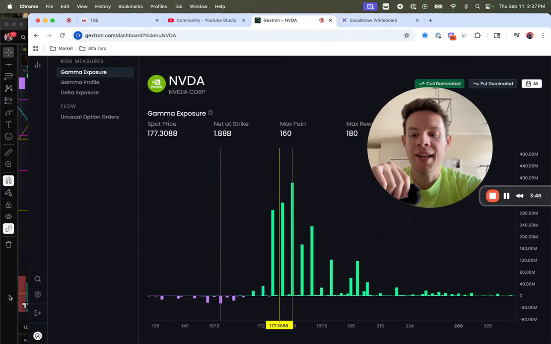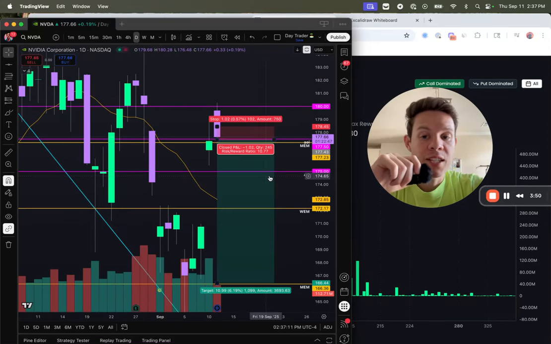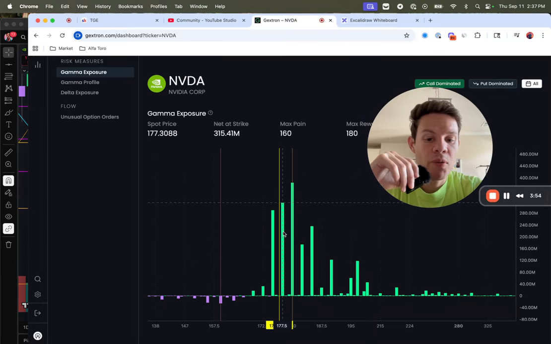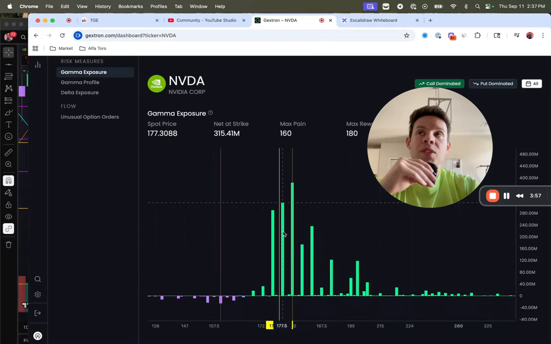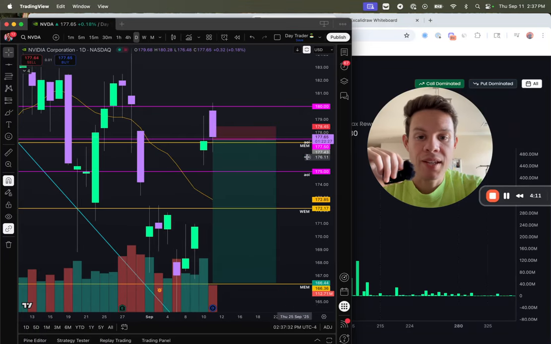And today, it actually got rejected. It's been hovering around the 175.5 area. Just because it's above it doesn't mean that it's holding. It doesn't mean that it's a bullish thing. It's just hovering around it. Right underneath it, it has one level of support left, which is 175. This is the final level of support right here.